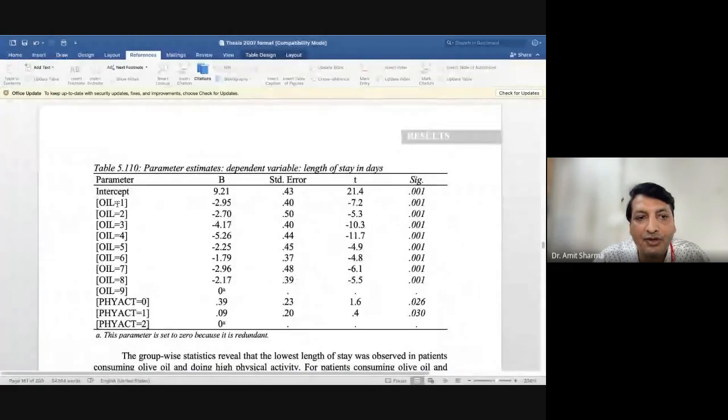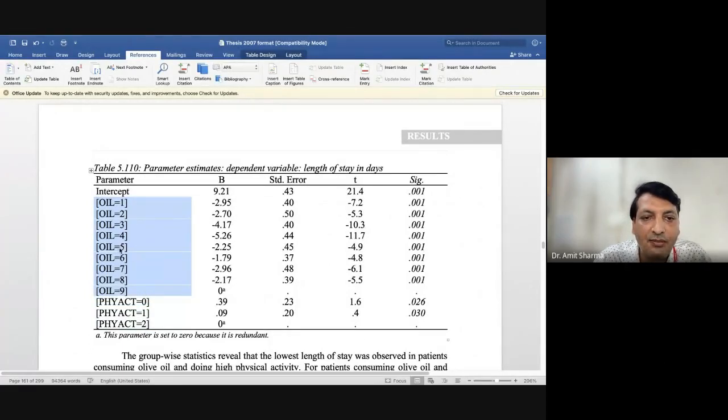Codes will be written by the software. So it is very difficult to find out which oil belongs to what. For example, if I was not having the table given on the top, that oil 5 decreases, the value is minus 2.25, that is the number of days, that was length of stay. Category 9 was the last category, so it was taken as the standard. So with category 9, or oil 9, I was comparing all the 8 different categories, and I can find out there is a lot of difference.